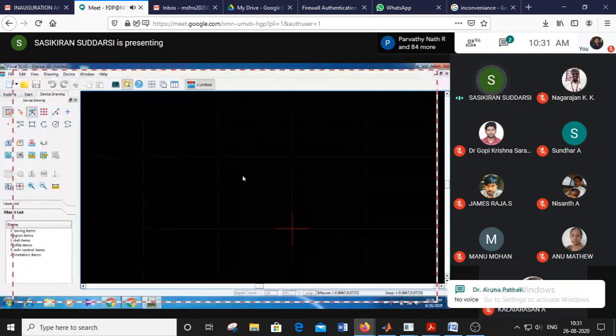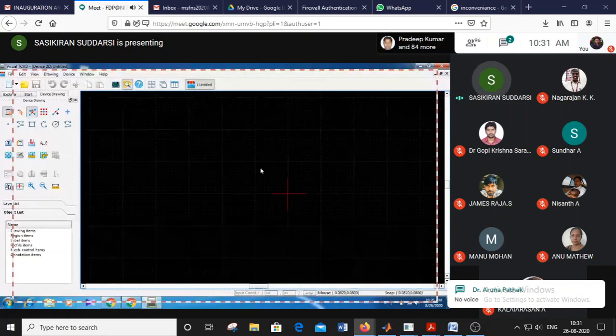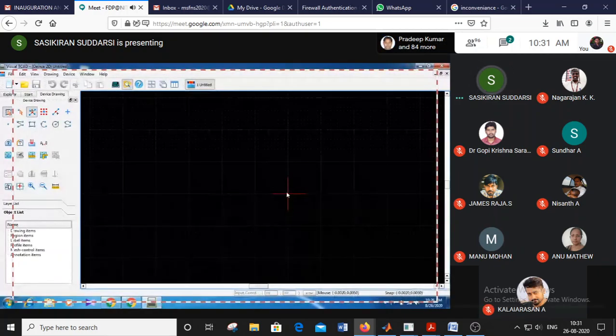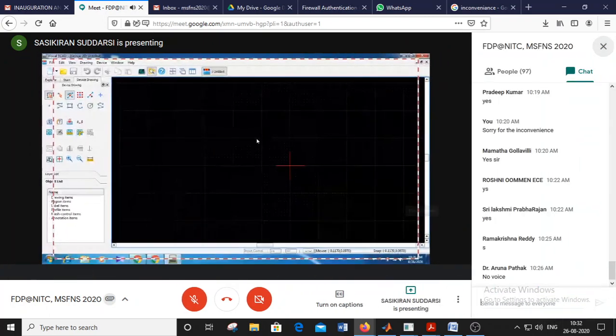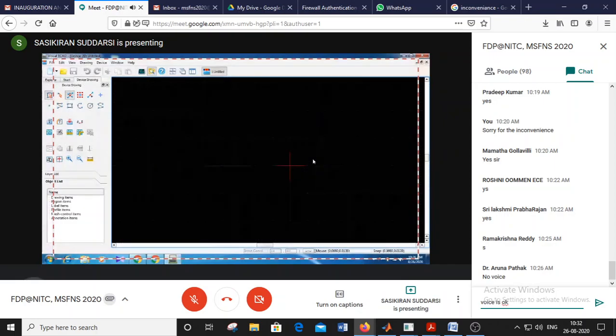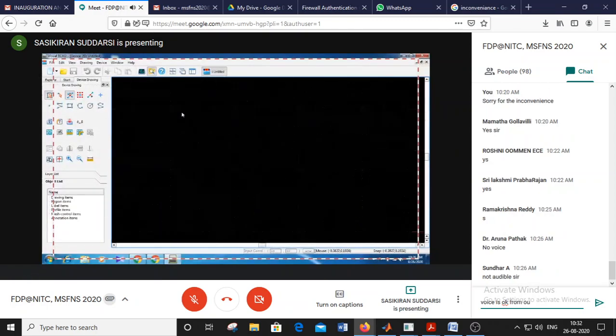First of all, this is one red mark, like a plus sign symbol. This is called the center of the wafer. Originally assume that this is a silicon wafer, as in VLSI we can make the fabrications on the silicon wafer. So this is the center of the wafer. We can use any space on the wafer, not only the center. So we can use anywhere.